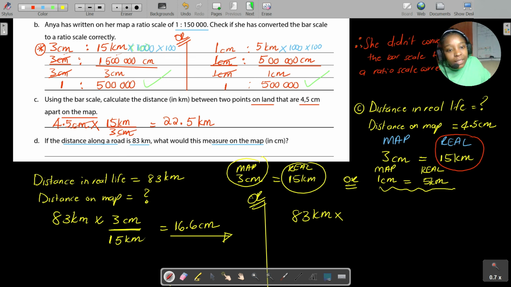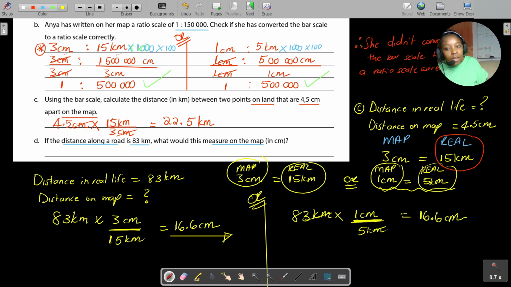We want the distance on the map. So you multiply by 1 centimeter divided by the other value, 5 kilometers. I'm just showing you that you literally get the same answer. So 83 multiplied by 1 divided by 5, same as just saying divided by 5, is equal to 16.6